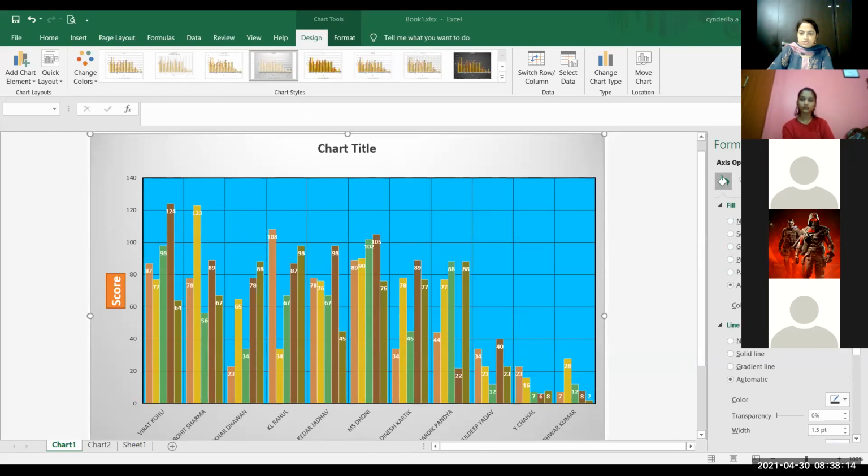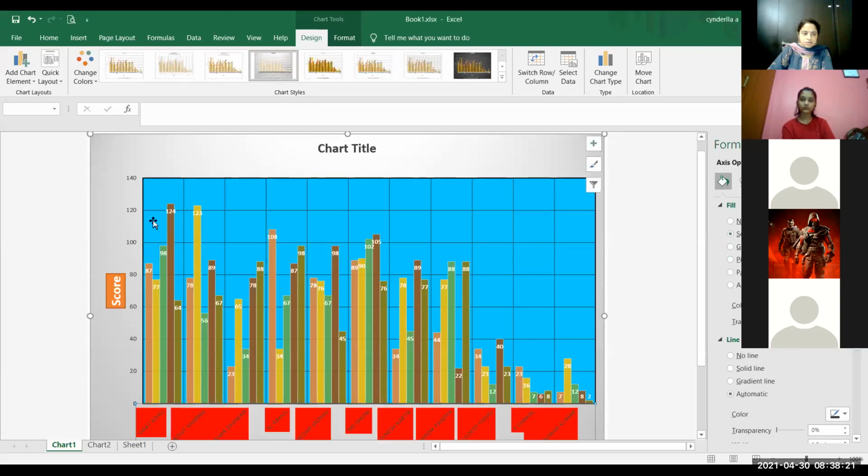If you have fill, solid fill, that is the single line. You can choose the color that you want. This is for axis. नीचे देखो axis, x axis change हो गया. Fill color change हुआ है. I can have the line color, solid line. It will give you the line. And you can have the line width.